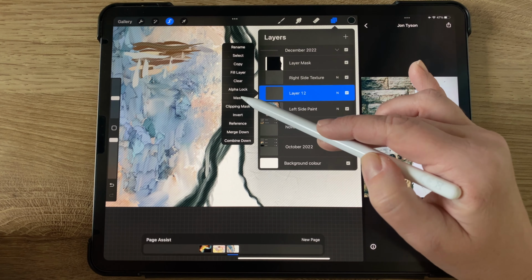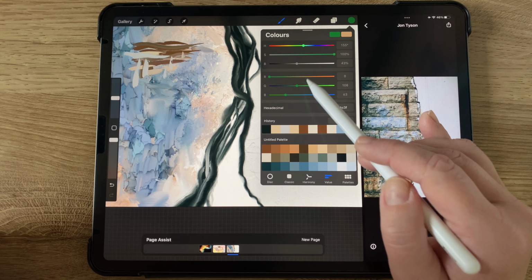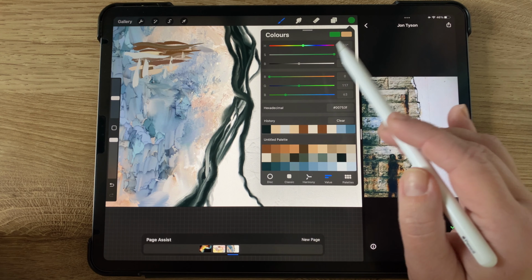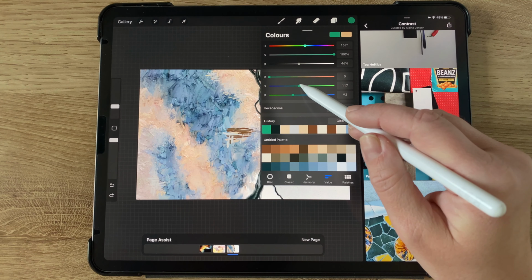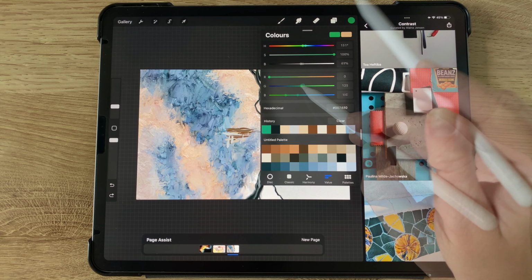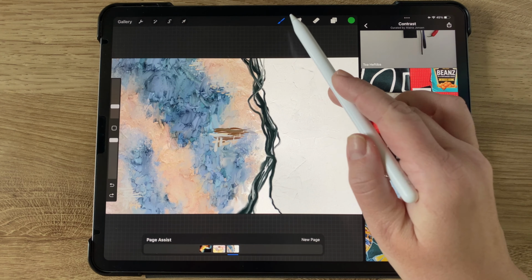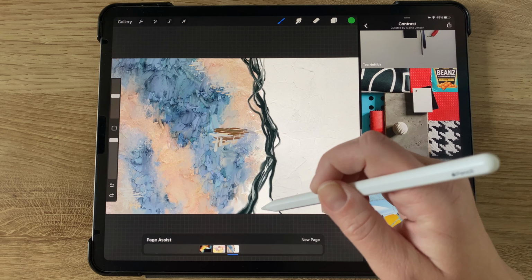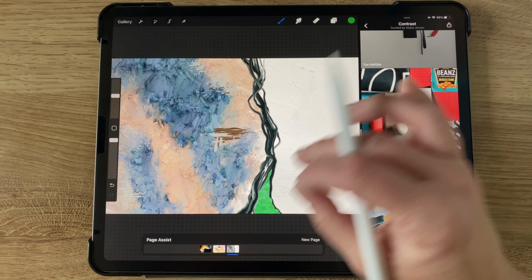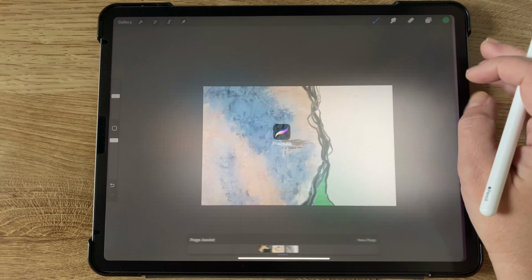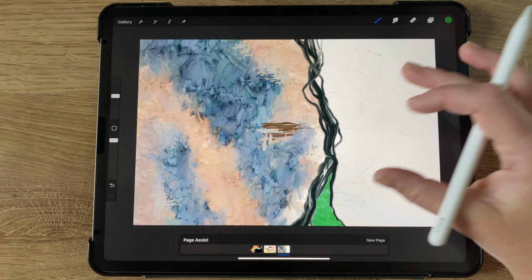I thought about having a green color in here, but none of these were actually as bright as I wanted. So I chose a green color from the palette, and I just went to the value tab and started to play around with all the different sliders. And this is something that I do a lot. If I'm not quite happy with a color that comes from a photo, I'll just tweak until I'm happy with how it's coming out. So after much tweaking, I came up with this bright green color, and I chose my Swirly Impressionist texture from the Painterly brush set and just added that right in there so that it's peeking out and enhancing this concept of contrast.